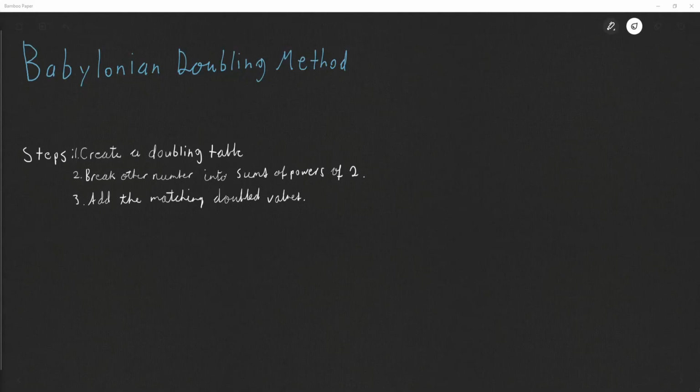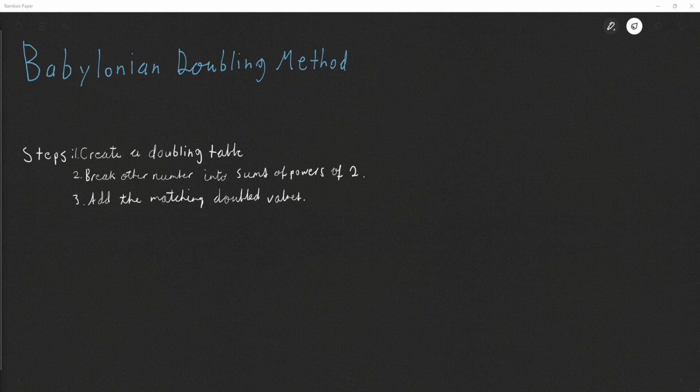Today we're diving into one of the coolest ancient math techniques you've probably never been taught, being the Babylonian Doubling Method. This method is over 4,000 years old, and yet it's clever and efficient and still holds up today. And today we're going to use it to divide and multiply and even check our work with a couple practice